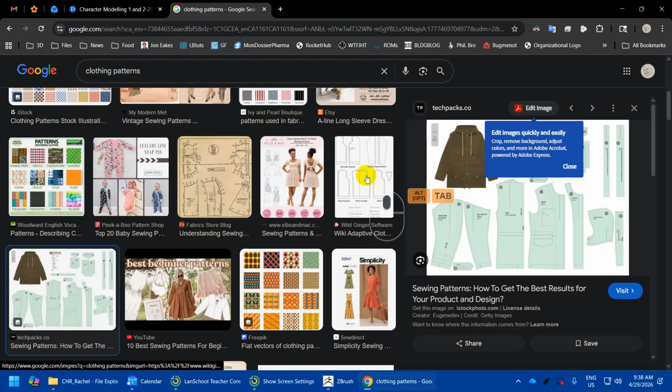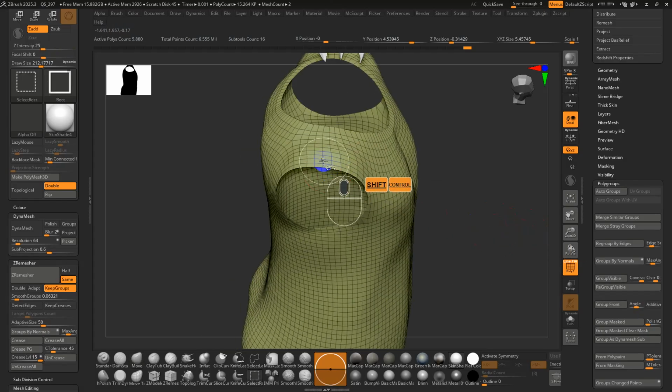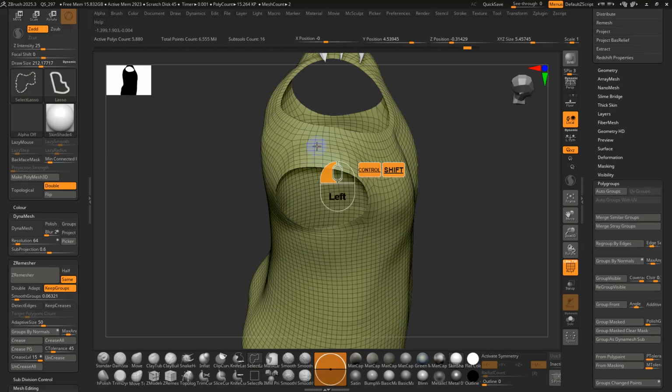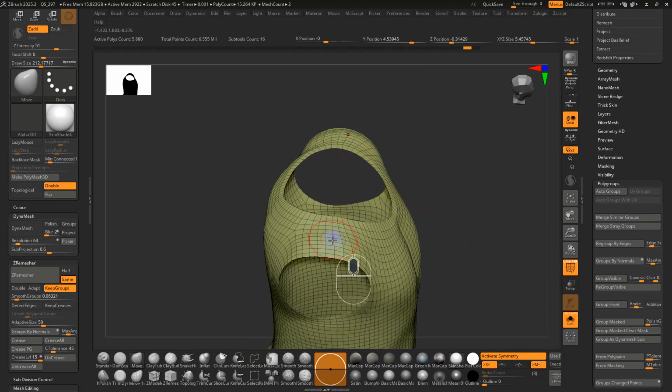So again, with a shirt, right, if you look at a shirt pattern, or let's say this jacket, it's split along the top around the shoulder area. So I'm not changing topology, I'm basically changing the UVs, right? So, oops, let me just make sure. Again, Control Shift click on the edge loop, and I could do this in symmetry, and I'll solo,